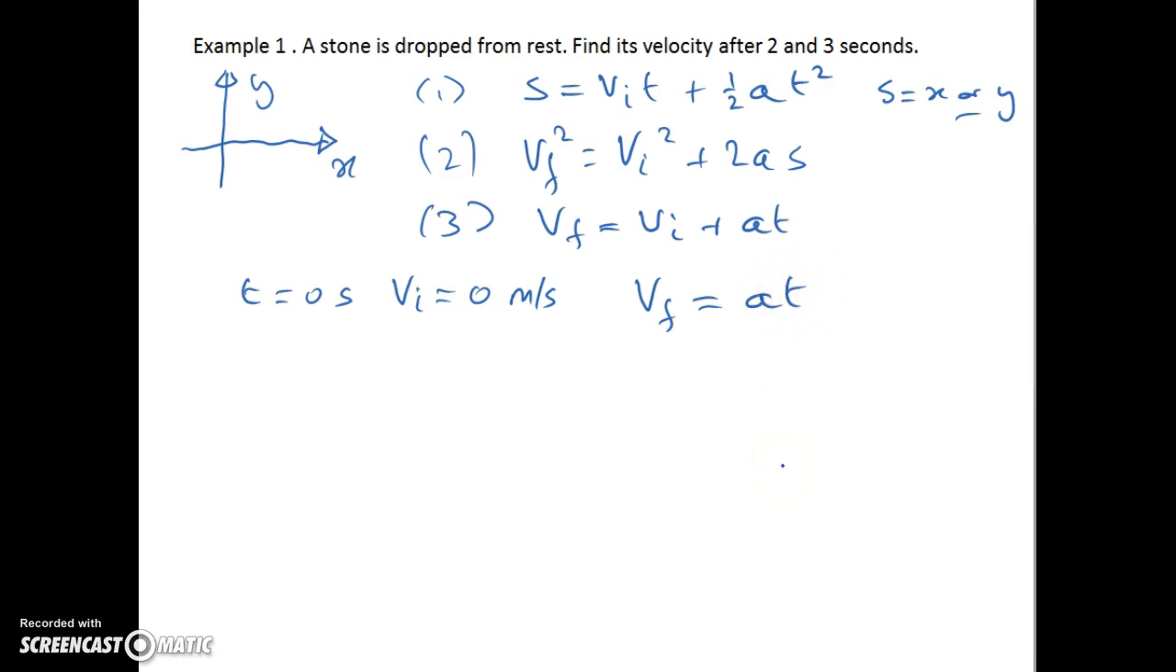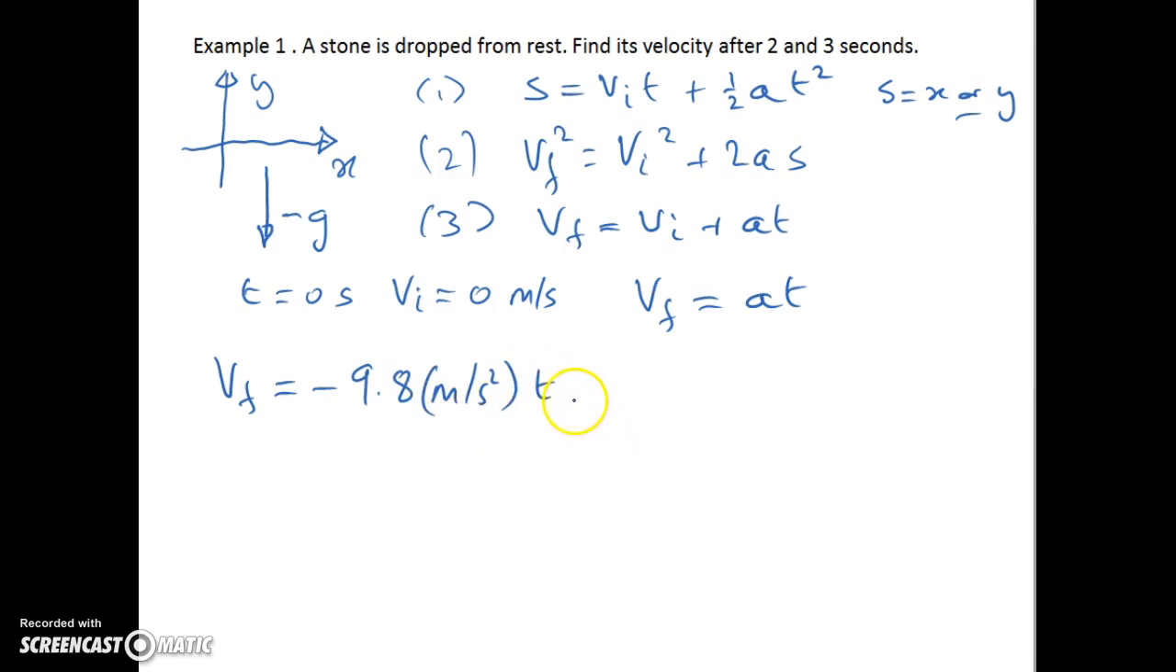What acceleration are we talking about? We're talking about the acceleration due to gravity, and the acceleration due to gravity is downwards in our coordinate system, so the acceleration is minus g, where numerically g is 9.8 meters per second squared. So including all of that information, the equation that we actually will use is that the final velocity is minus 9.8 meters per second squared